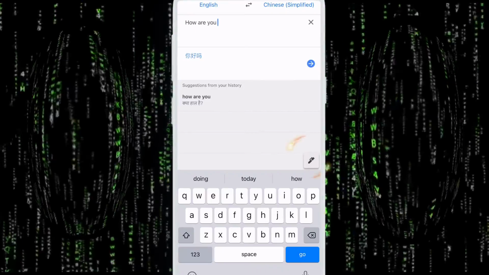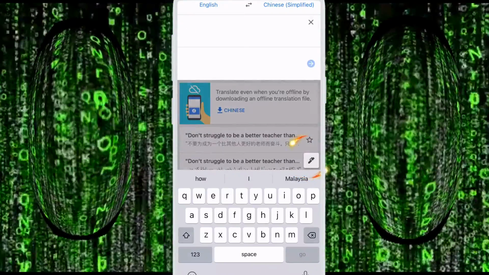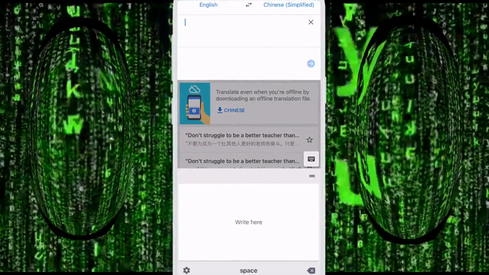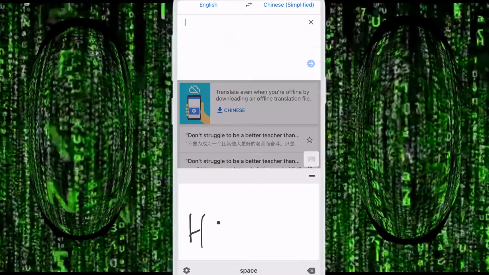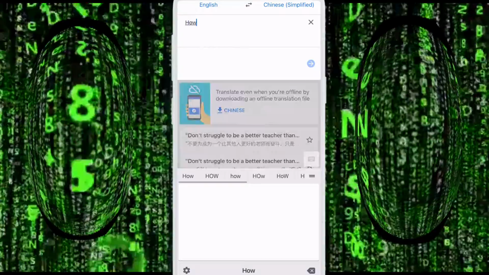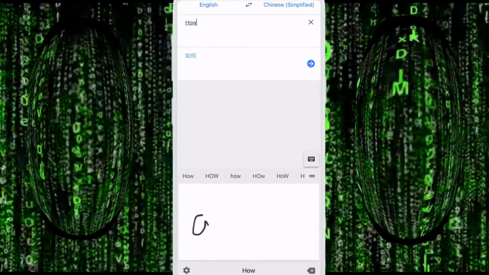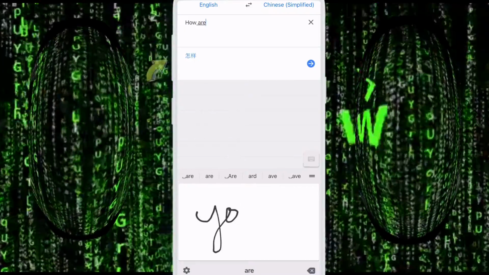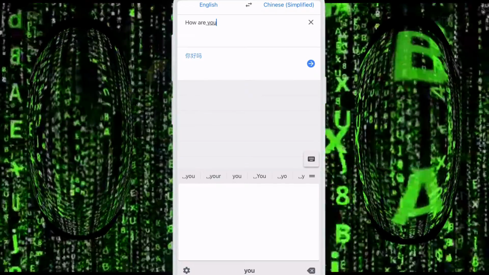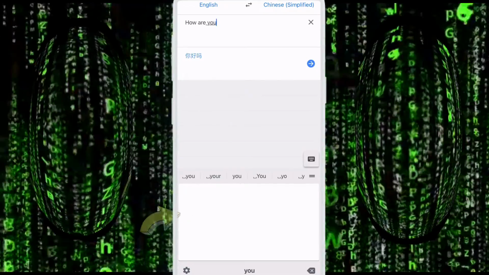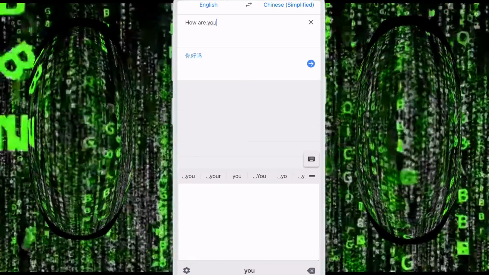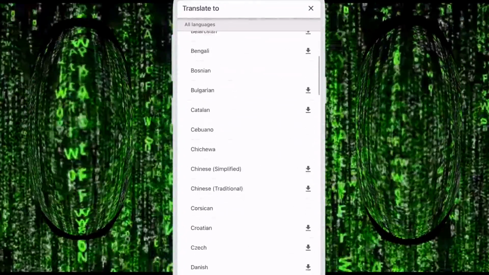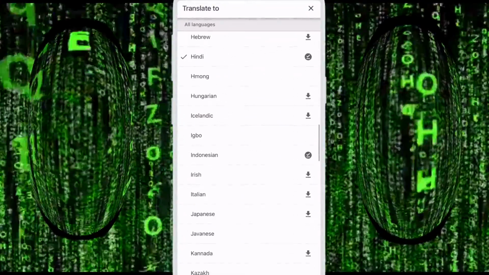So next, friends, you see here one pen picture. You click this pen picture, then here you can write in whichever language you want, meaning if you understand English, you just write in English, and after you start writing, your writing shows upside and the translation downside. So if you understand writing Chinese, here you write Chinese, and automatically English shows on the other side. So here you can write any word in whichever language you know, and it is translated automatically.